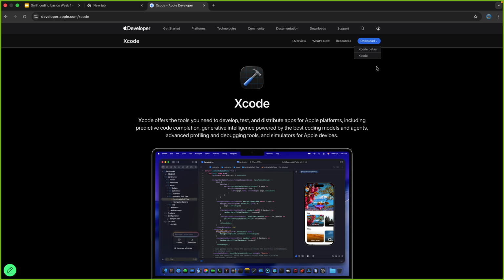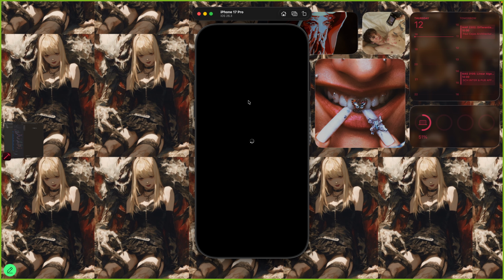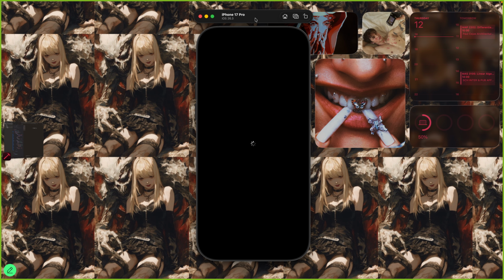I would recommend downloading the normal Xcode. You don't need an Apple account for that. However, you do need a MacBook, whether a MacBook Pro, MacBook Air, whatever type you have, in order to work with Xcode, because Swift, as I mentioned before, is a programming language specific to iOS or Apple itself. I don't know why it's taking so long though.